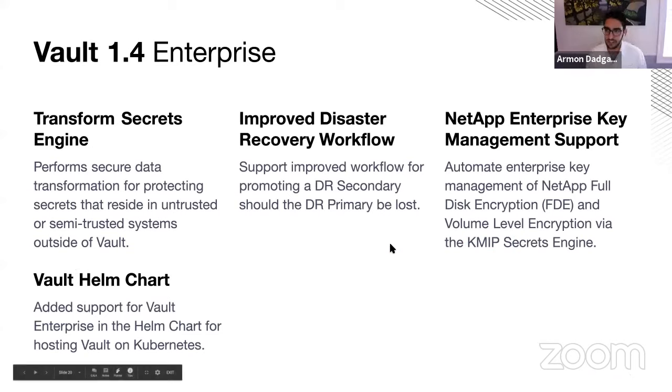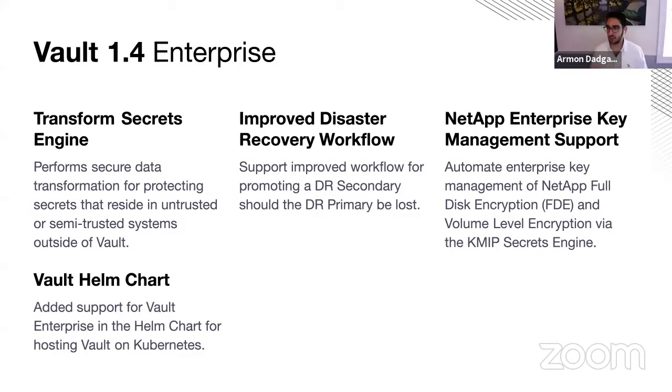And the next set of features falls in that advanced data protection category, right? And so this really speaks to a set of enterprise functionality that we're introducing here, right? So there's a few different enterprise pieces of functionality that I want to cover. Some of this goes back to that notion of improving the operations and the usability of the system. So for things like disaster recovery, there's a simplified workflow in terms of how you'd promote a secondary site